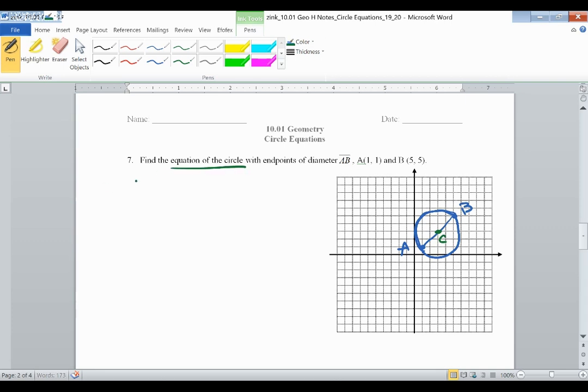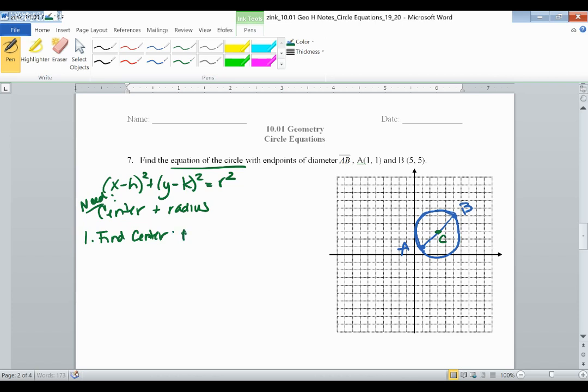So in order to write the equation of a circle, again, let's write that formula out so we get it memorized. I need 2 things. I need a center and I need a radius. I don't have either at this point. So let's start with finding the center. Well, if I know my diameter, my center is the midpoint of that diameter. So I need to find the midpoint